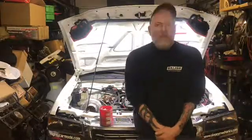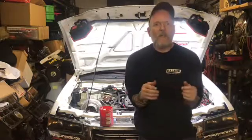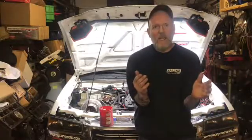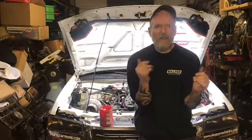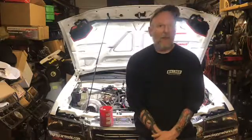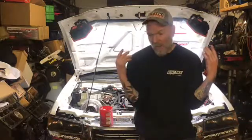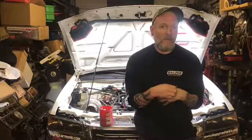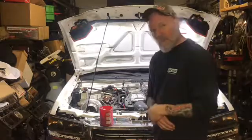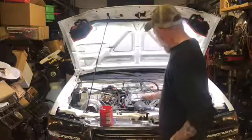And lately, I've noticed when you put the car under boost, you start smelling a little bit of raw fuel, raw gas. I don't know what it's from. I cannot find it. There's nothing on the ground underneath it, so I don't know where it's coming from. So I got a sneaking suspicion that maybe it's making too much fuel pressure. I don't know, but I